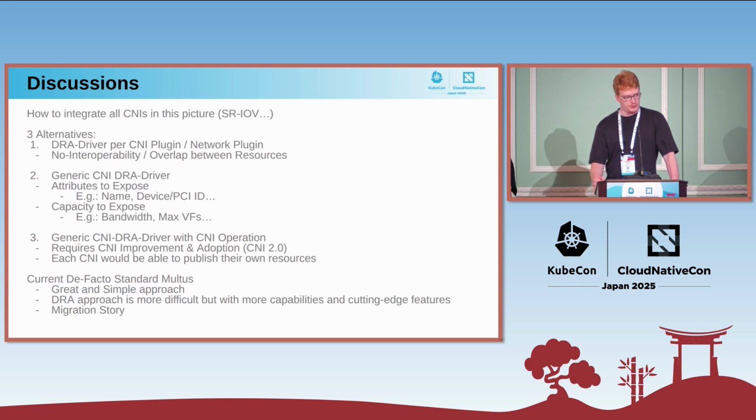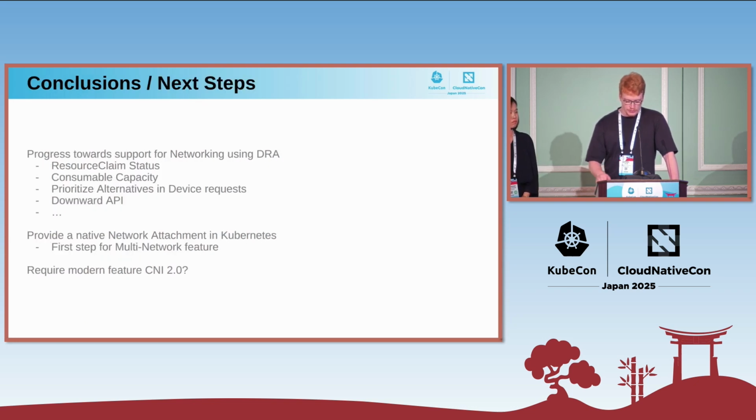And the use of DRA would provide all the capabilities that we saw in the demo, and some cutting-edge features, but it would be a bit more difficult from the user perspective. And the migration story would also have to be taken into consideration to switch from Multus towards a CNI-DRA driver, for example.